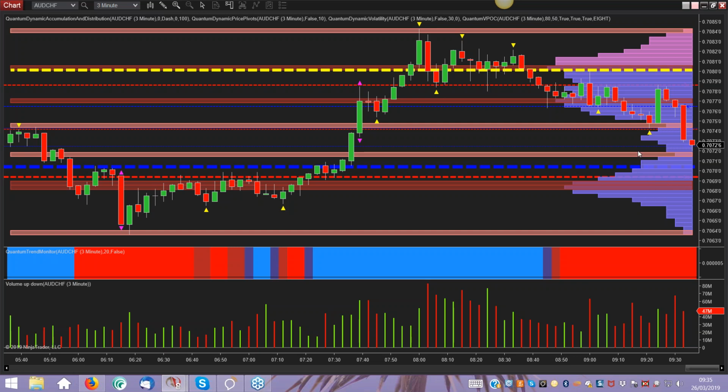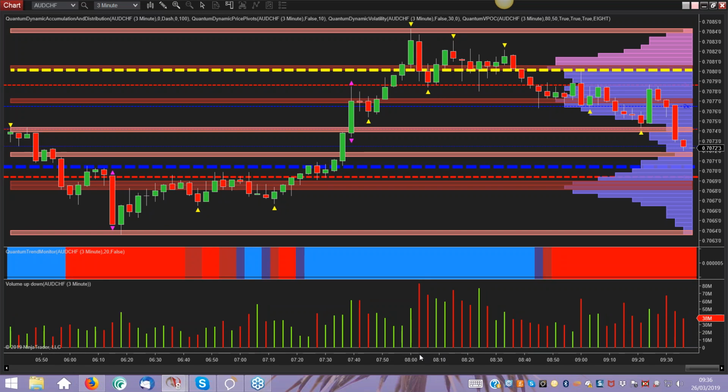Now, the other aspect I just wanted to highlight here, because again, it's a nice example. Please, please, please, as Anna said at the top of the show, be aware of session crossovers. The nice thing with Ninja here, you can just pick them off easily because they're just highlighted. Ninja Trader works in real time in your local time. So you don't have to hunt around and work backwards and take 2 hours off and all that sort of stuff that you do have to do on MT4 and MT5. This is 8 o'clock. This is London time, our time, when the London market opens. You will see this all the time in whatever pair you're trading.